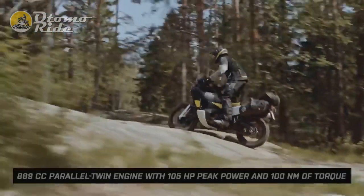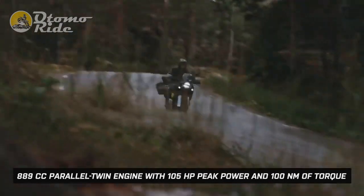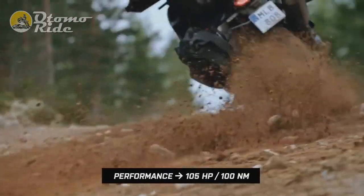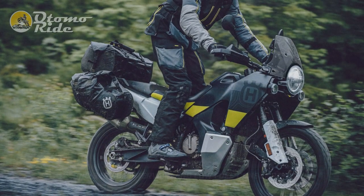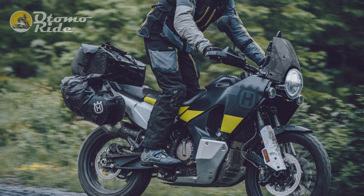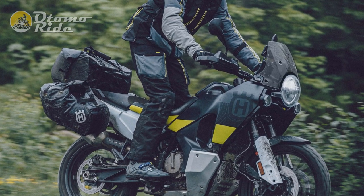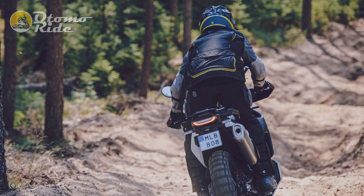Those looking to further equip the Norden for the long haul can turn to the brand's accessories catalog for add-ons such as heated grips and a tire pressure monitoring system. The 2022 Husqvarna Norden 901 will be available starting in November 2021, retailing for $13,999. It feels like a long time since Husqvarna showed the Norden 901 concept bike at the 2019 EICMA show